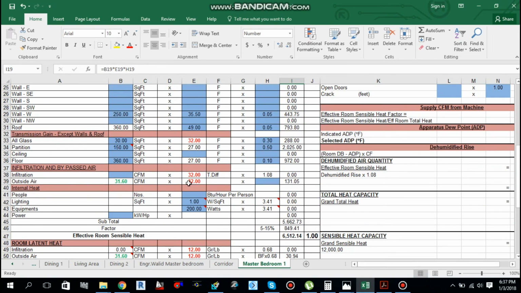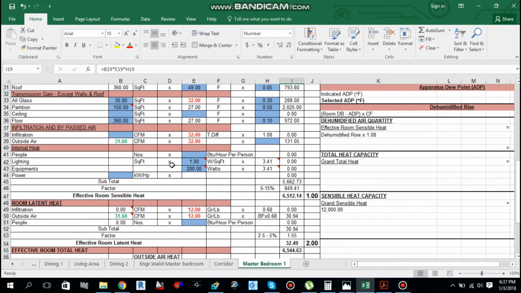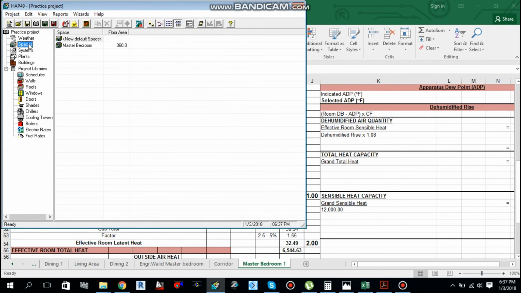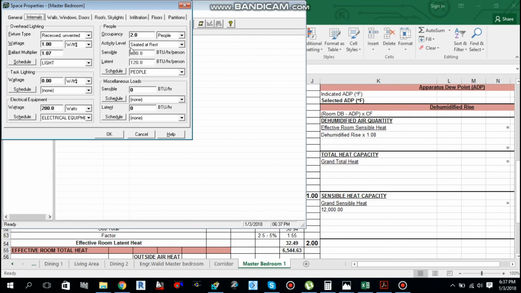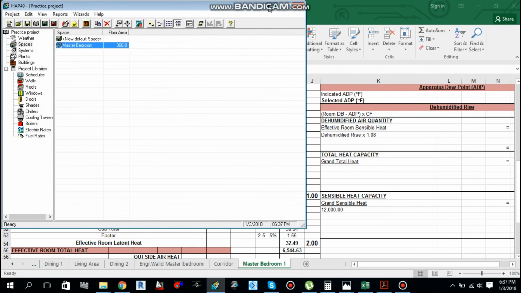So all of the inputs are done, almost. Some of the inputs remain over here. If we go back to our app software, open the space and go to internal, we know that sensible heat per person is 230 and latent is 120 for people seated at rest. So we can use 230 and 120.